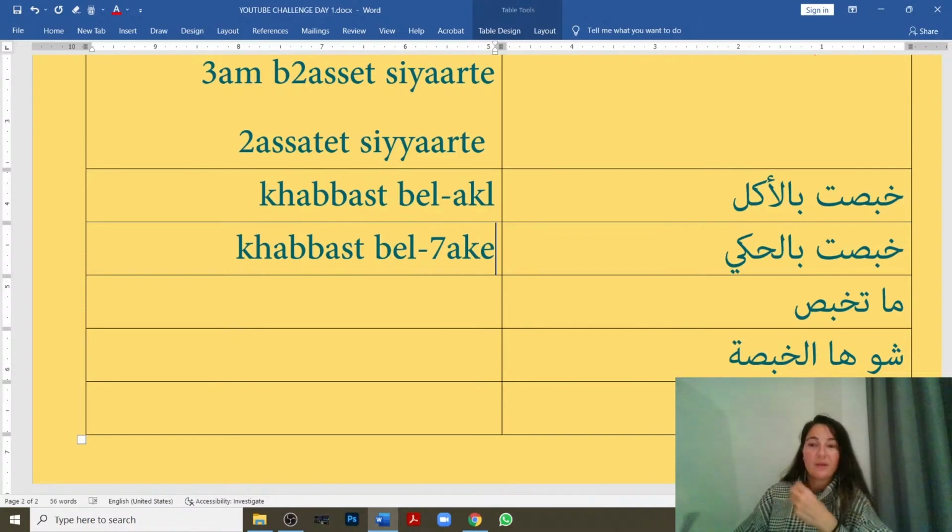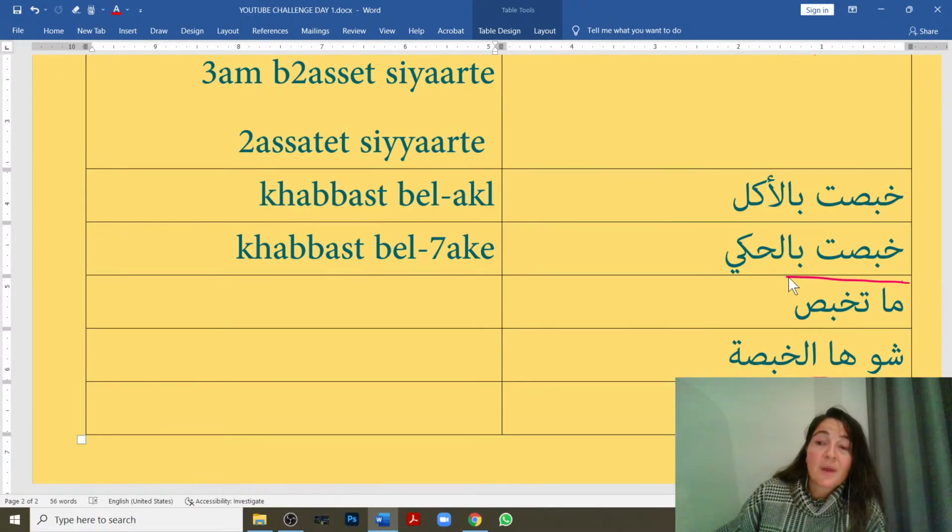The verbal noun of it, by the way, the noun is تخبيص. So if I say بلا تخبيص, I'm saying without تخبيص. It can mean many things, like stop misbehaving, stop doing things wrong, or stop messing about, or stop doing mixed up things, like when somebody is making many different mistakes at the same time. بلا تخبيص, without تخبيص. But here it's the verb ما تخبص if you want to say it to a guy. It's the same meaning as this, but here we're using it as a verb. Here we're using it as a verbal noun.